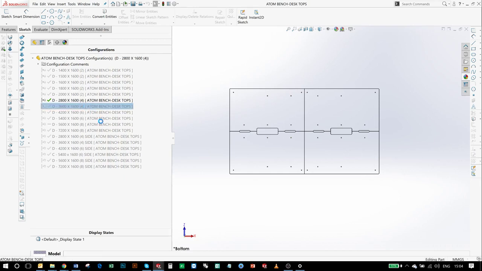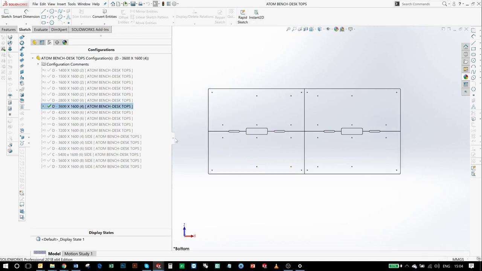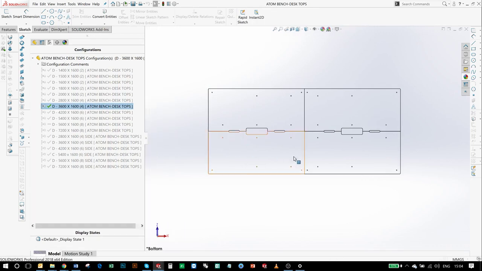These are clearances for some metal brackets which are holding the center screens. But in some tabletop options, we also have side screens, which means that we need clearance cutouts on the side of the table. I'll show you this in a second. So let's go to the six